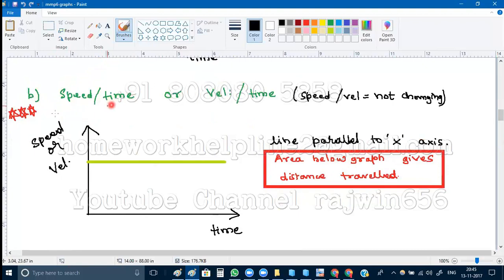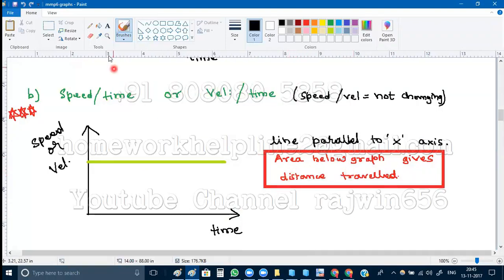The speed time graph, this graph is very important. For velocity time graph, okay, this is for constant speed. That is, the speed or velocity is not changing. It will have some positive value. So this graph is going to be parallel to x-axis, and the area below this graph will give us the